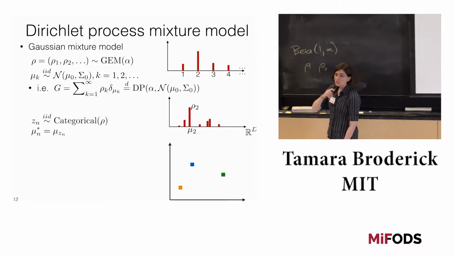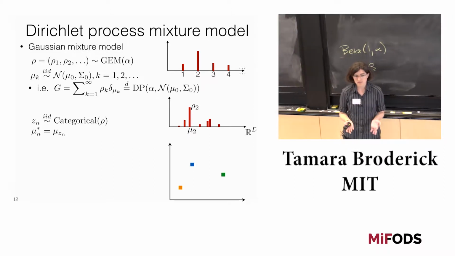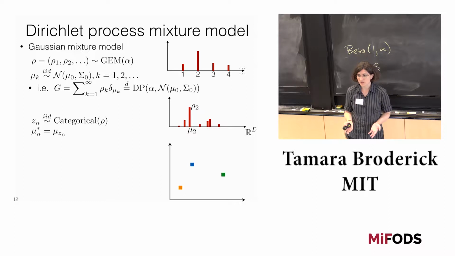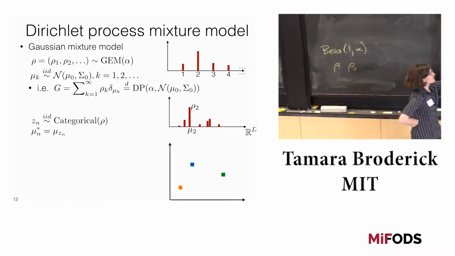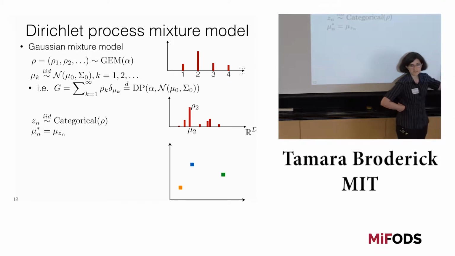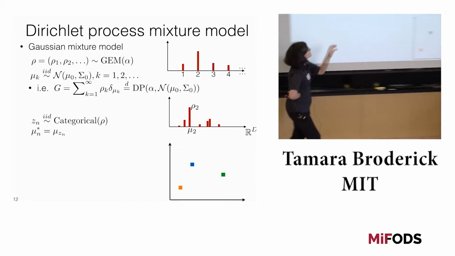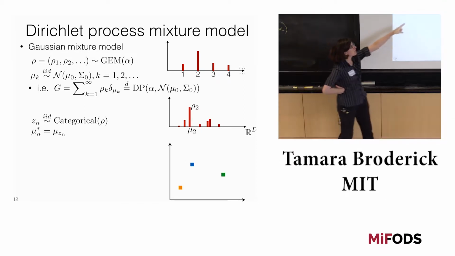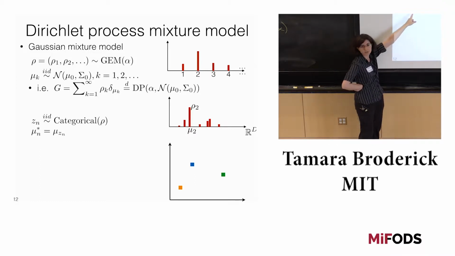And then let's say what is the parameter that we're going to associate with that data point. If it belongs to the first cluster, then it's going to appear around this first cluster mean. So that's all that mu n star means. It means the cluster-specific parameter associated with the nth data point.